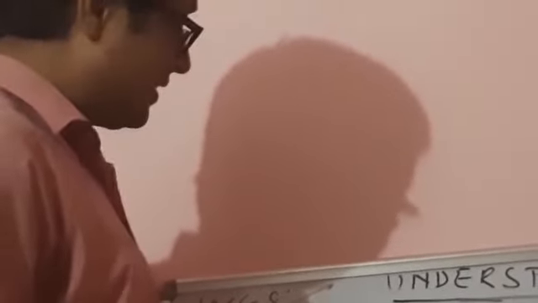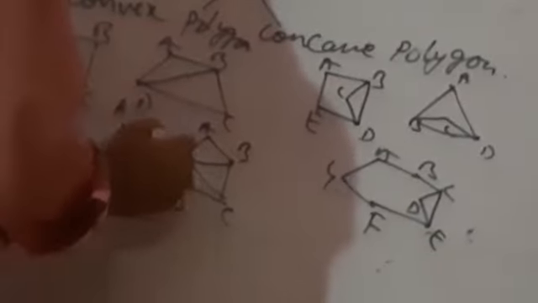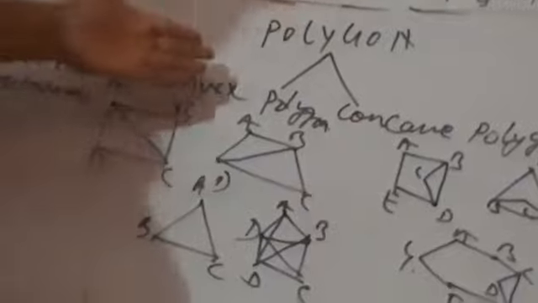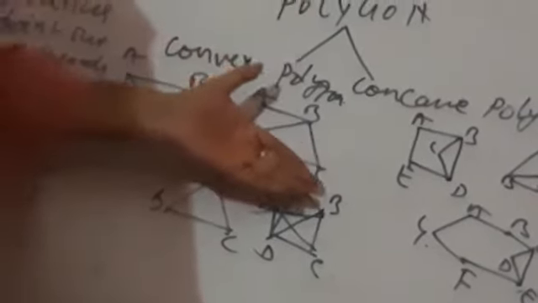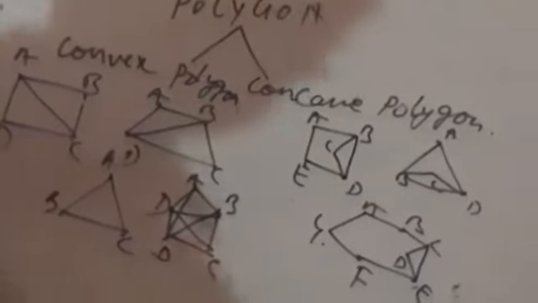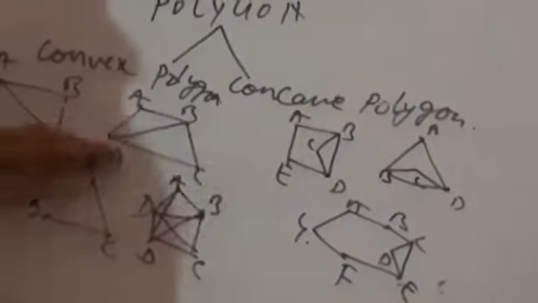In this it is talking about the diagonal for convex polygon. It is completely inside the polygon. If even in this, if you make this, BD will be the diagonal, the CD will be the diagonal, this BD will be the diagonal. Okay, AD also may be a diagonal. So in the case of convex, the diagonal will be lying interior, and in the case of concave, the diagonal will be lying outer. So this is the way it is given in the NCERT to differentiate these two on the basis of diagonal.